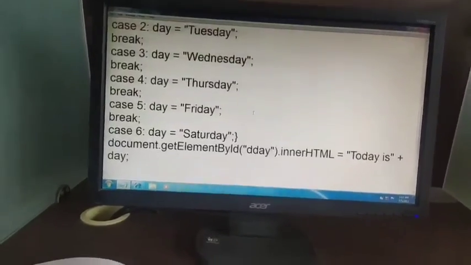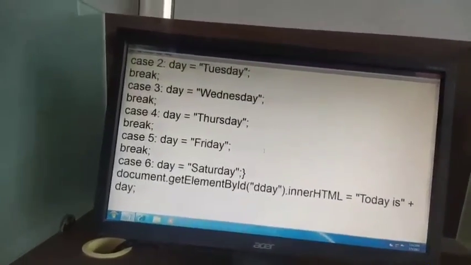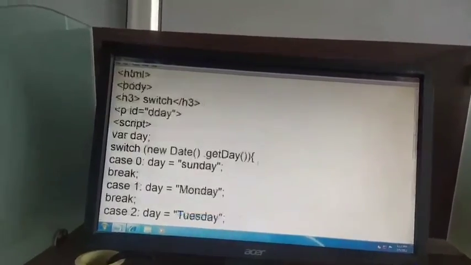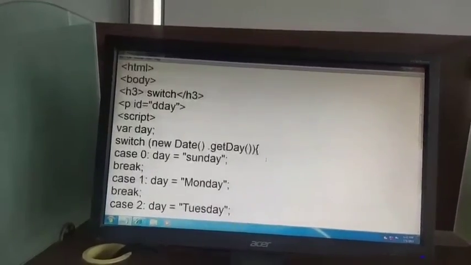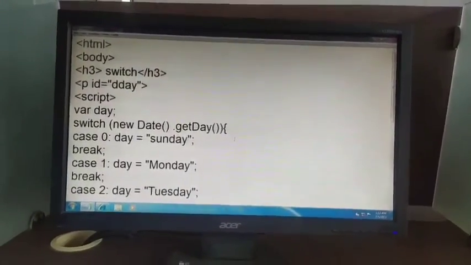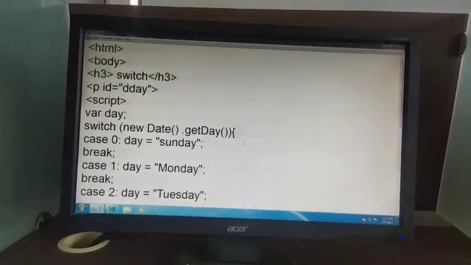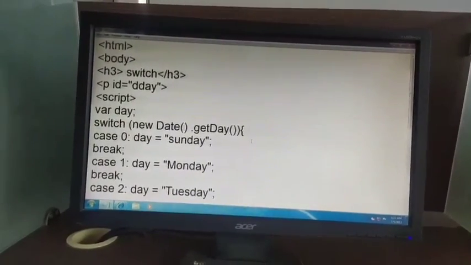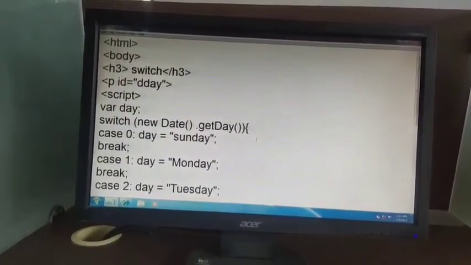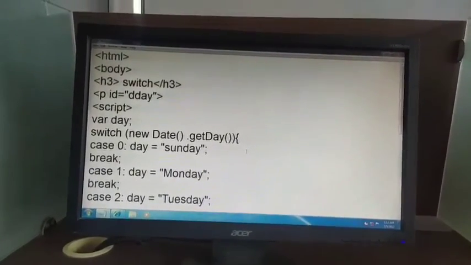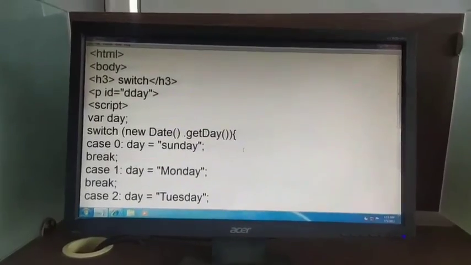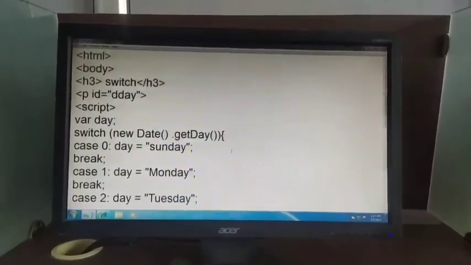That is the example of the switch case. Remember, whichever date you run that particular switch case code on, it will show you the day of that date. Okay, today this is sufficient for you. You have to practice it at home. Try to make changes in the code and get different outputs. Thank you.